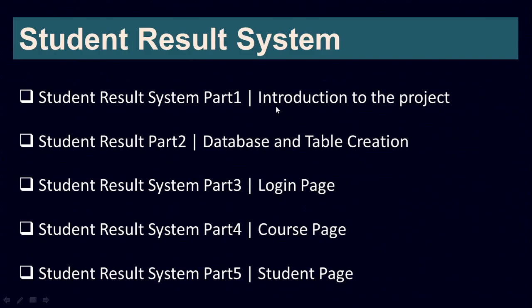So this is the first series of videos. This is the first one, part 1 introduction, part 2 database and table creation, and part 3 login creation. So therefore we have seen how to make the login page. Now we're going to learn how to validate the login values. So what are the values you enter? You should cross verify in the database, and if they are matching, you should take them to the next page. Then we learn how to create the course page.